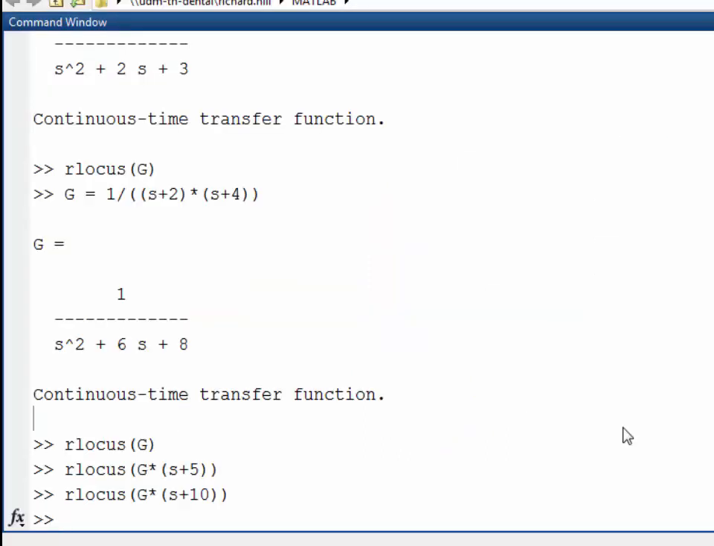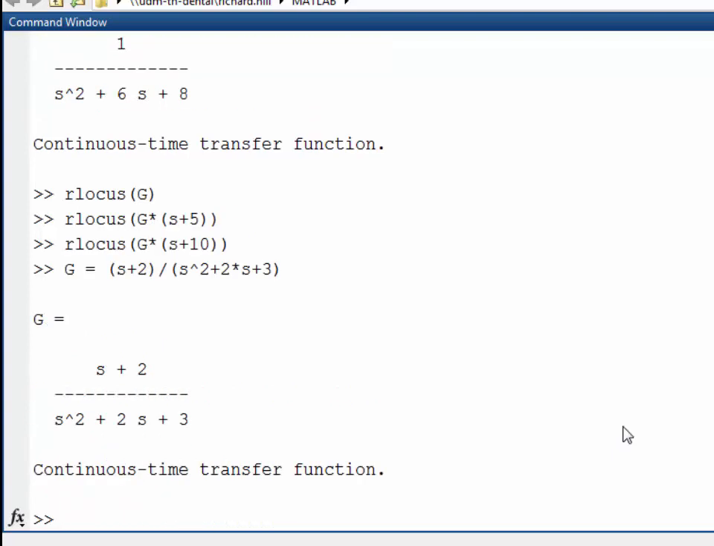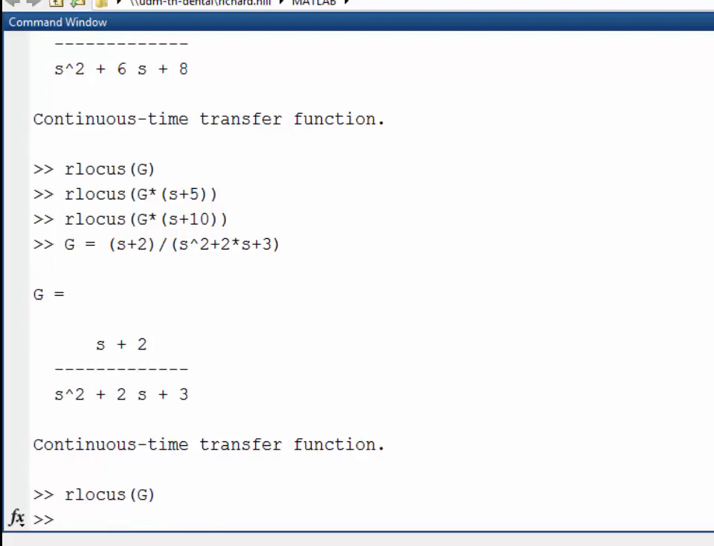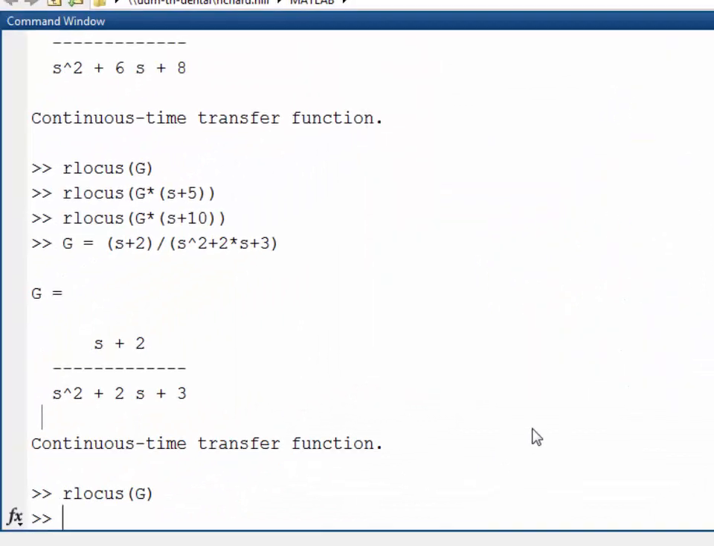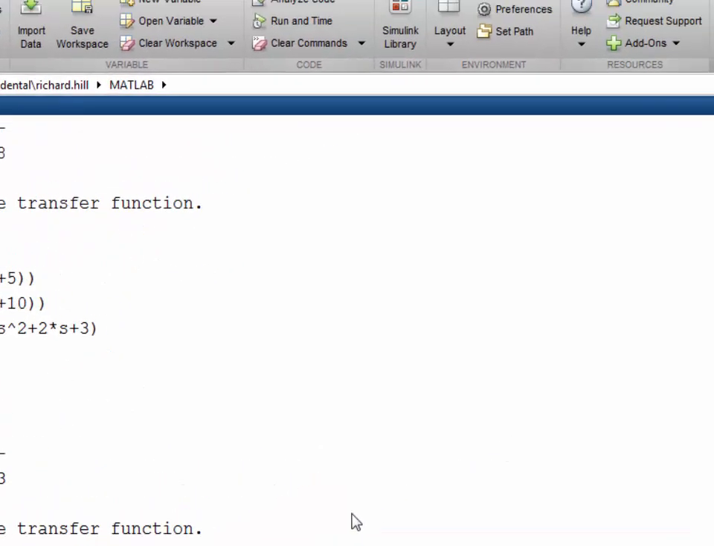Another command that can be helpful is the rlocfind command. So before we call this command, let's go ahead and go back to the original transfer function we had from the first example and draw the root locus for that system. If you recall, it looks like that. And then we'll call the rlocfind command, and on the left hand side we give 2 outputs, k and p, and on the right hand side we have the command rlocfind, where we give as an argument the open loop transfer function that we want to draw the root locus for. And so if we hit return,